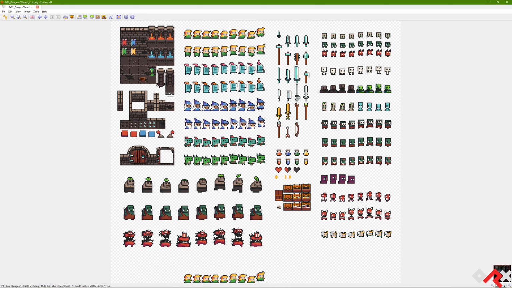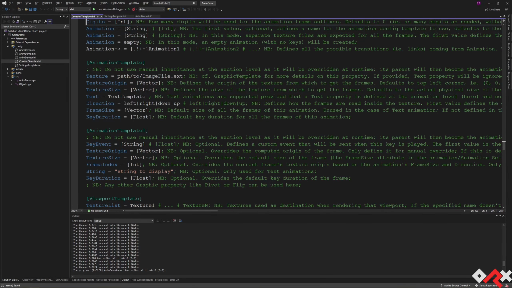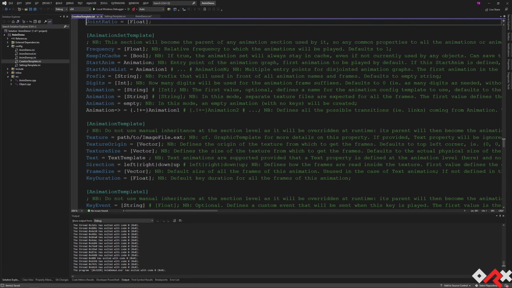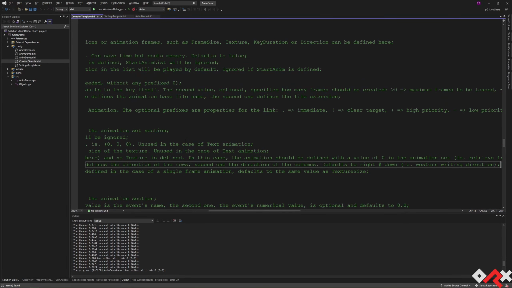You can actually change the reading direction, and you can put it in any direction, so vertical first, horizontal first, left, right, up, down, it doesn't matter. There's a property called direction for this, which is here. It defines how the frames are read inside the texture. First defines the value of the rows, second of the columns, and it defaults to right down, which is the